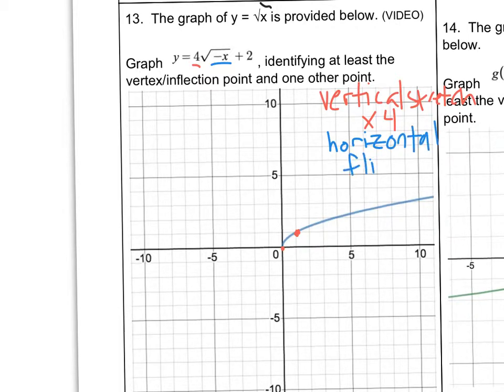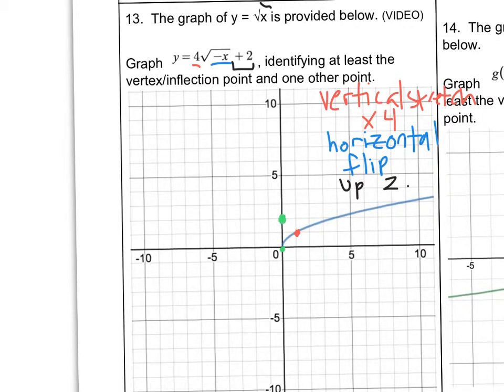I'm actually going to do that part first so that we have something a little bit clearer to work with. And then finally, we were going to have plus 2 at the end. It's going to slide up 2. So if we were to combine these 3 things, we know this is going to be going backwards instead of forwards. It's going to be starting from up 2, so I'm going to take my 0 point and slide that up